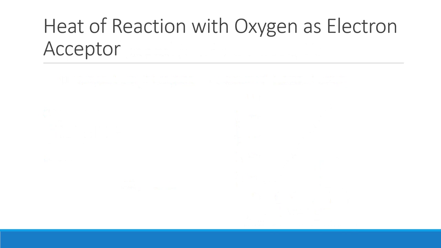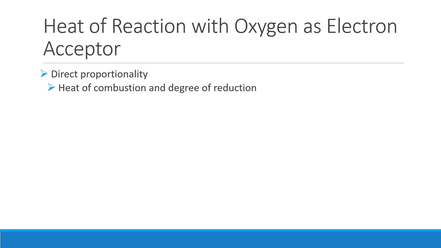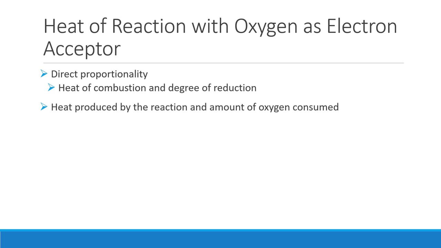A direct proportionality between heat of combustion and heat of reduction has important implications for determining the heat of reaction for aerobic cultures, as the degree of reduction of a substance is related directly to the amount of oxygen required